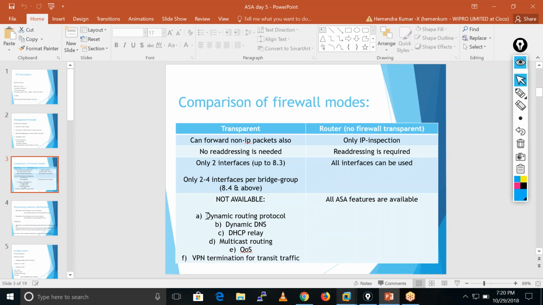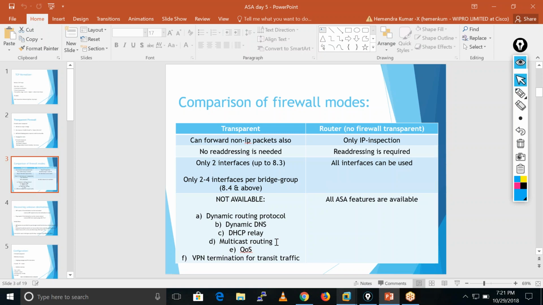But when we convert the ASA into transparent mode, we are not able to configure any kind of routing protocol. We can't run RIP, EIGRP, OSPF or BGP. We can't configure this firewall as a DHCP relay agent, or configure dynamic DNS resolution. We can't configure multicasting, meaning multicast routing is not supported.